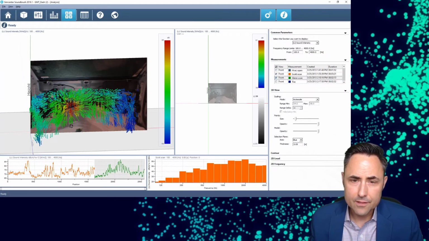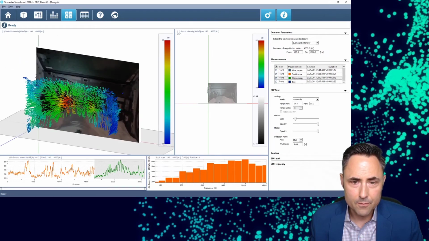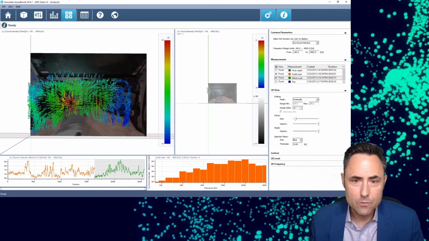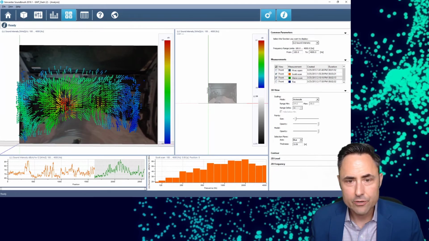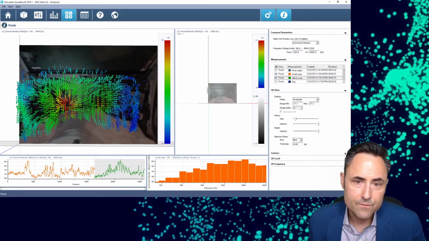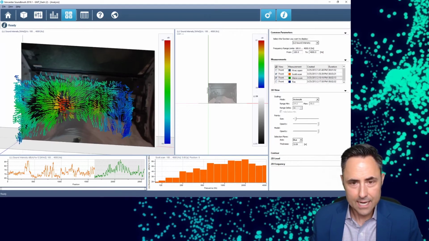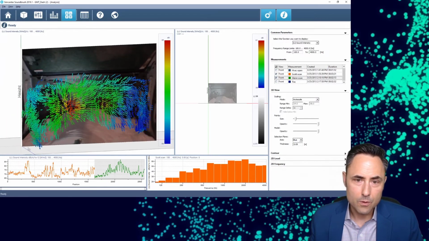And I get this nice, compelling 3-dimensional vector information, so you can immediately see where the weak spots of this front of dash is. This is the steering column pass-through. So the steering column passes through and there's a seal there. The seal had a leak in it this day, and we were able to deduce that very, very quickly just based on a total of about 2 minutes scanning with the SoundBrush.